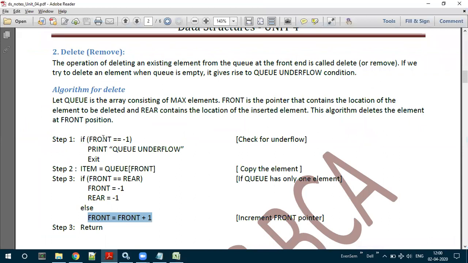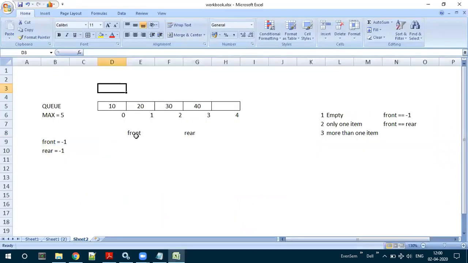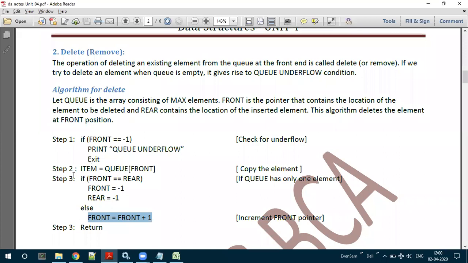Now, step 1, front is equal to -1. Is this condition true? No, because front is pointing to 0. So the condition is false. Step number 2, item is equal to queue of front.